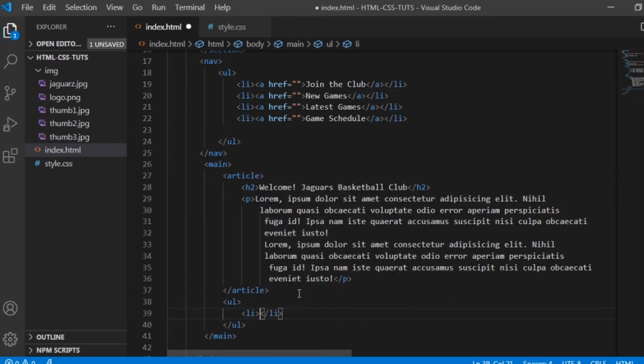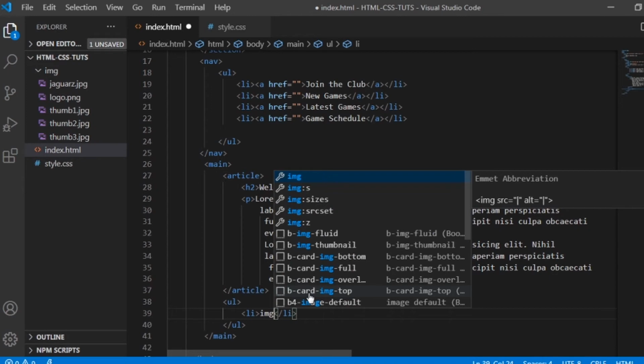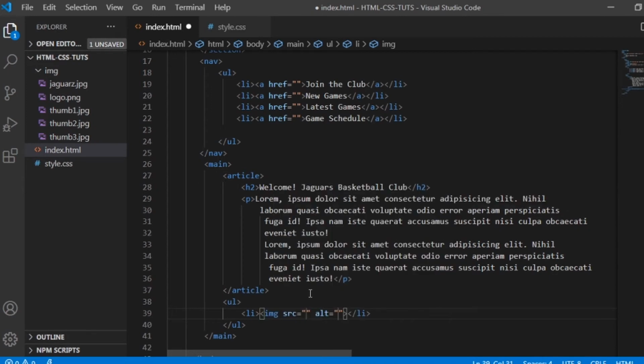So inside the list, this is where our image is located. Okay, so let's say for example IMG, and then the first image is gonna be thumb 1, thumb 2, and thumb 3 for the image 3. Okay, so let's say thumb 1 dot jpg. Okay, so I will be copying this one.